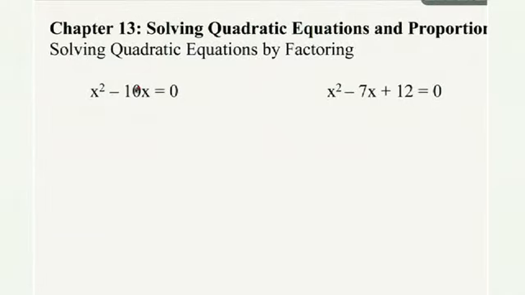Well, let's go ahead and get started. This first problem here, and it might be helpful if you have your summary of rules on factoring next to you, but the first rule of factoring was always to take out something common. So when you look at this problem, you should notice that there is an x that you can take out of each part. Once you factor out that x, which is our greatest common factor, you then say, okay, what will go in here? Well, x times x is x squared, and x times negative 10 is negative 10x. Now, this is the halfway point. Now we're going to set each piece equal to 0.